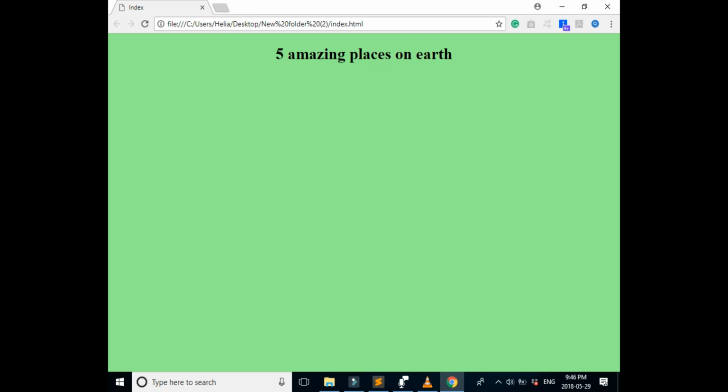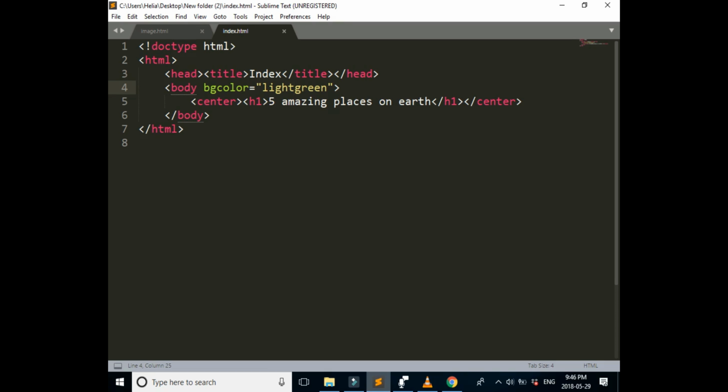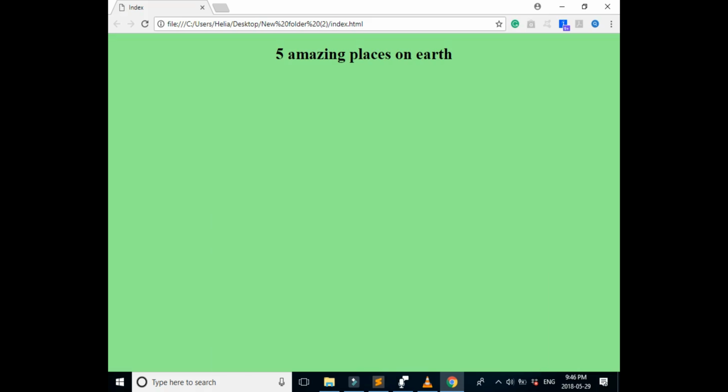So not only do you have access to all of the colors by their name, but you can use the hexadecimal number of the colors, so you can be very specific with the color that you're going to choose. So I'm going to show you a website. In that website, all the colors are what you can see, the hexadecimal number of all colors, and it is very useful if you want to make your